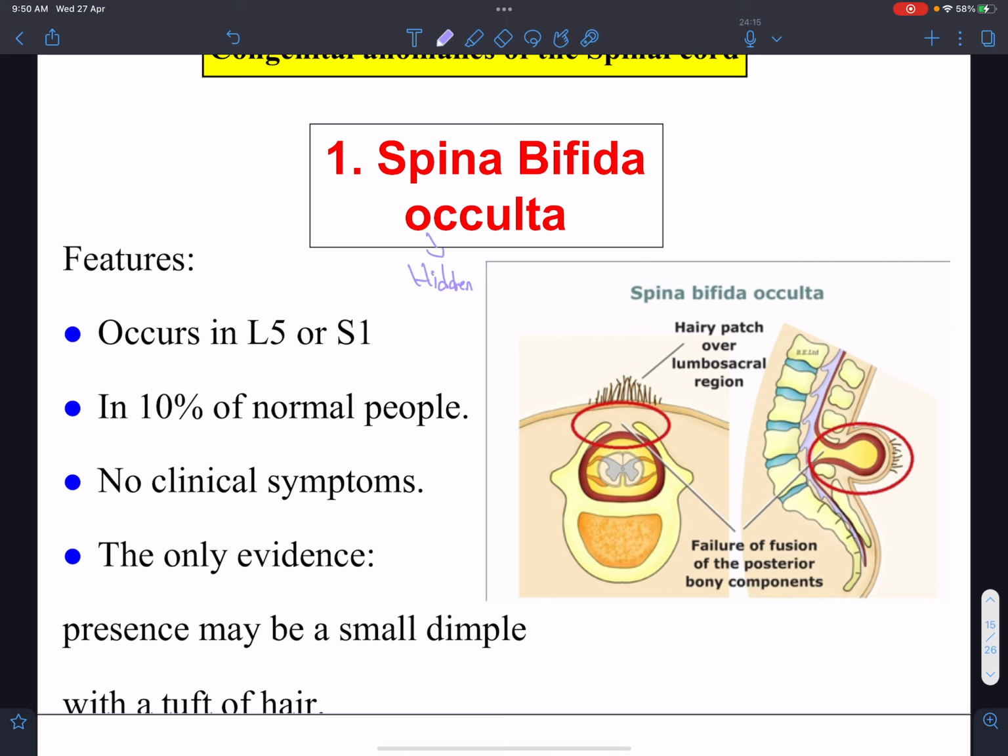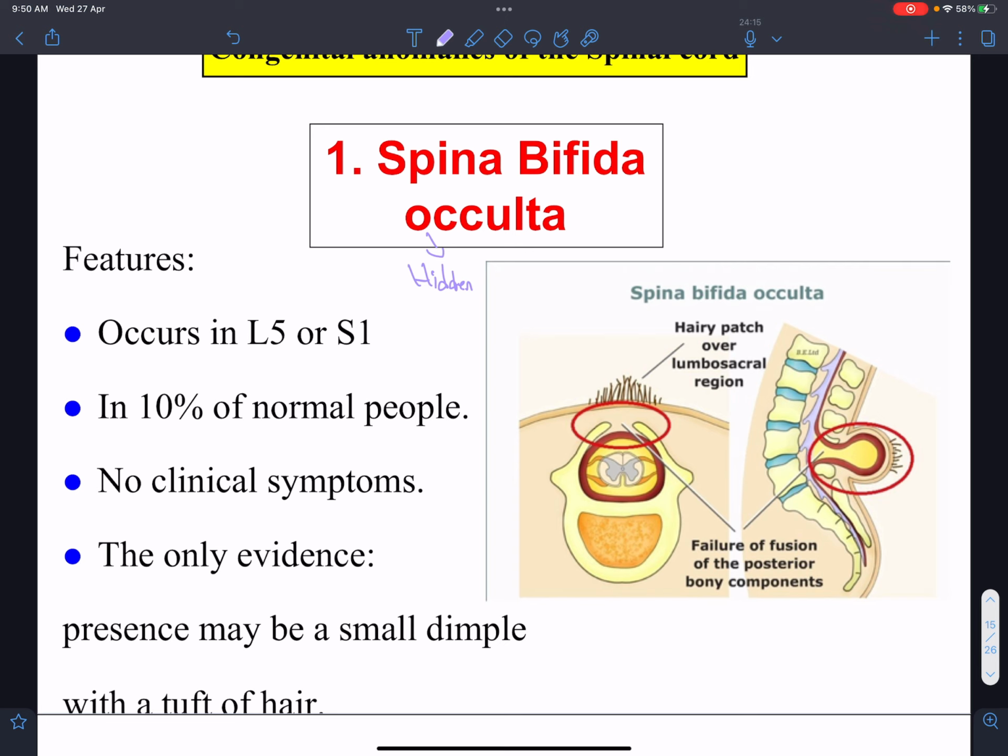Why hidden? It means the baby has spina bifida but he does not have any clinical symptoms. Why? Spina bifida happened, but you can see the opening is small. It's small enough that the contents do not bulge out. But he has spina bifida. So he will not be suffering from any clinical symptoms, but there's evidence you could use to confirm that this is